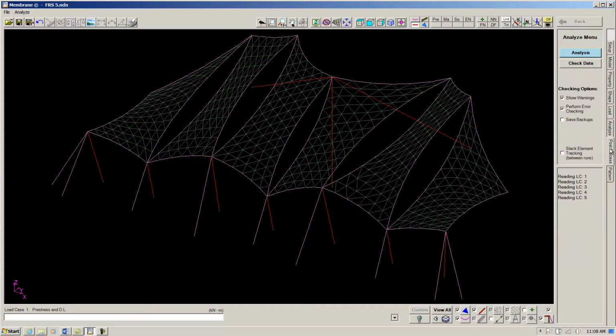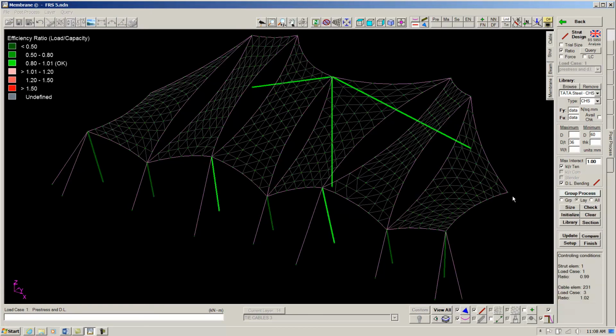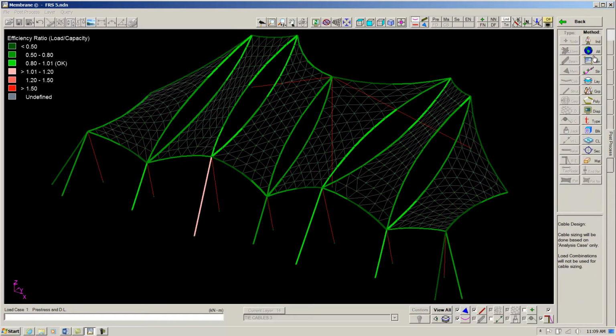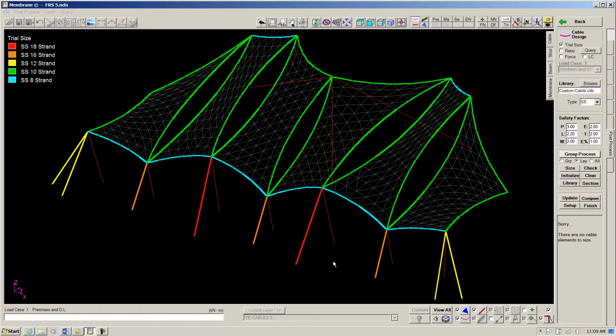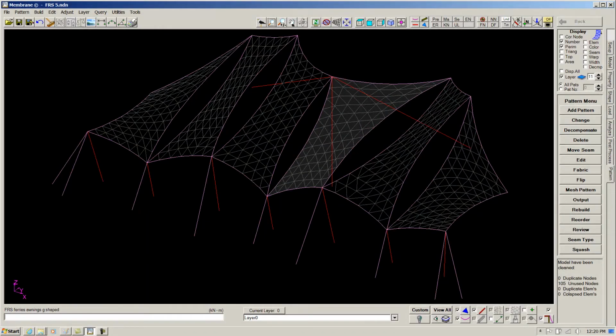And then as a final check, we go back into the postprocessor and do a final check of our members. Everything looks like it checks out okay, except a couple of cables. So we'll size these two cables again, and they go up one size. Now let's pattern the structure. We'll go into the pattern environment,